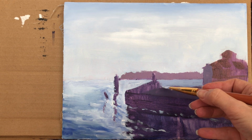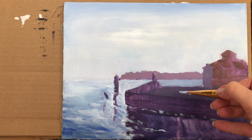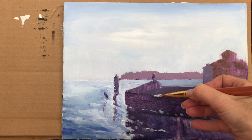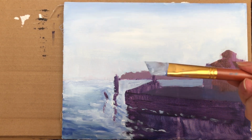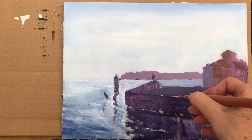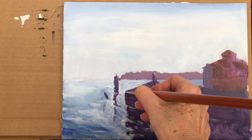Okay, so once I've done that, there were some areas that needed some definition. Actually, I think I painted this too low because there was like a fence in here, so I will be painting that. And there were some areas with the same color, so it's a blue, but it's not a very bright blue, and there were some areas on this edge that were catching the light. So let's go ahead and just establish those